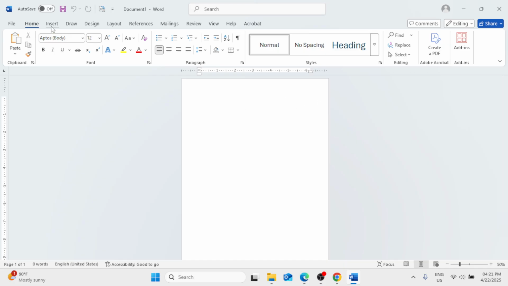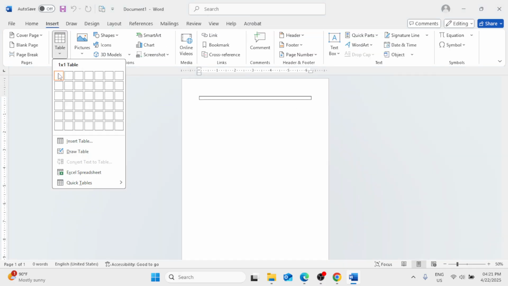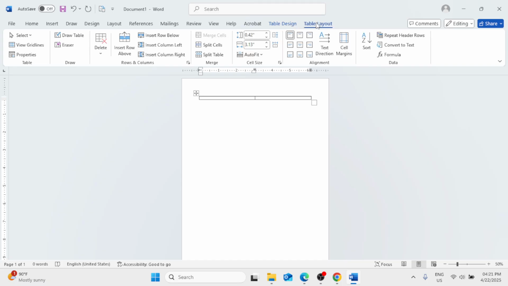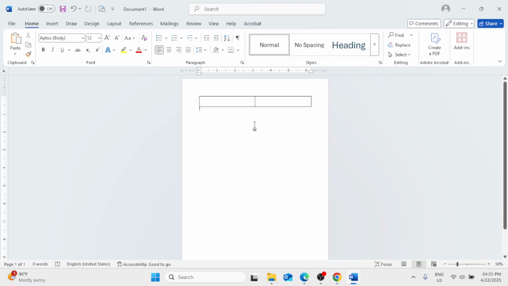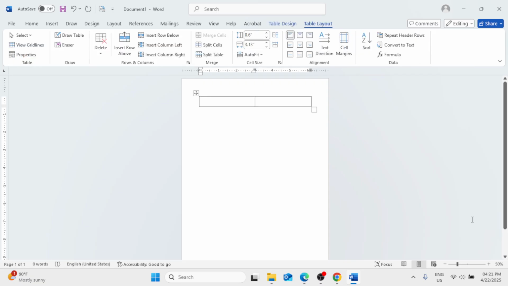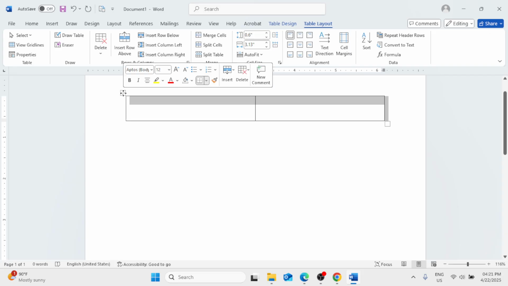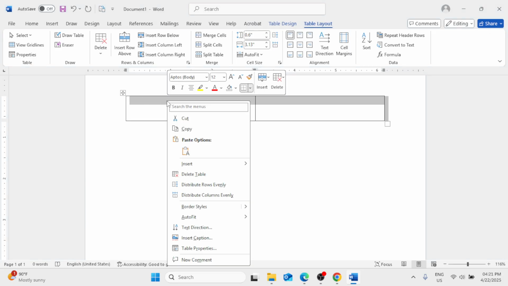Now here we need to click on insert. Click on table. Let's just put this one. Now let me increase the size just to show you. Now once you put the table, simply click on it, click on this arrow, and then make a right click,